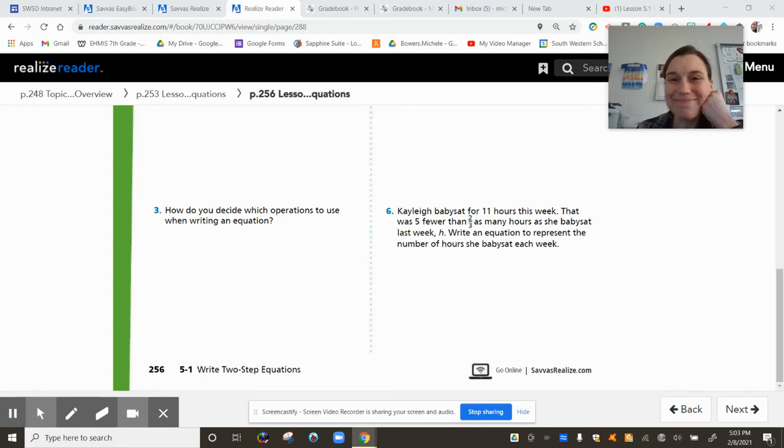Kaylee is how I'm going to pronounce her name. She babysat for 11 hours this week. The 11 hours she babysat this week was 5 fewer than 2/3 as many hours that she babysat last week, which was H. So we're going to use H to represent the hours she babysat last week. Write an equation to represent the number of hours she babysat